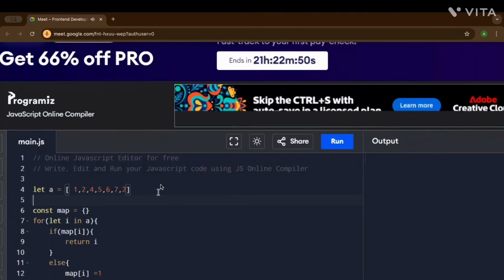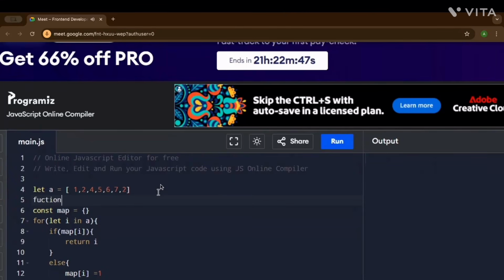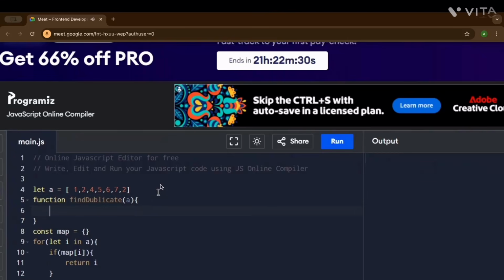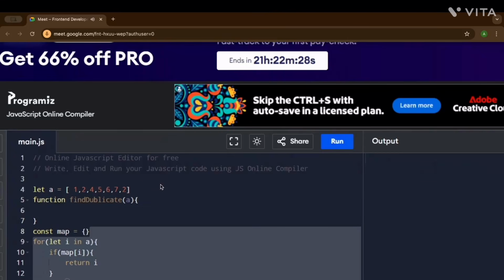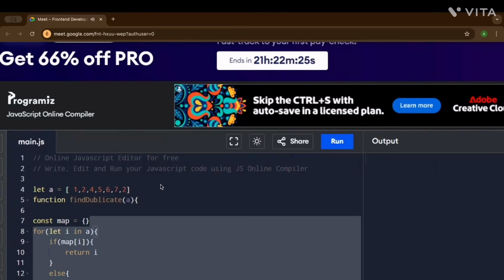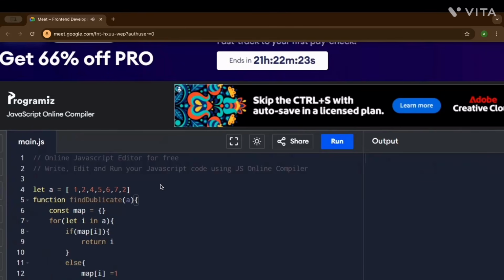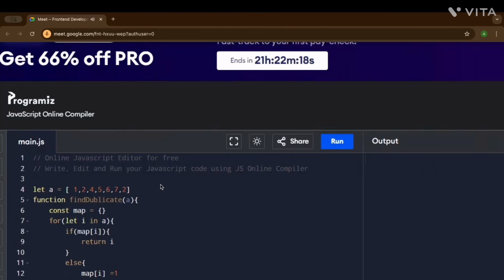And now we wrap it into a function, duplicate, and it takes a variable. If we don't find anything, we return null.